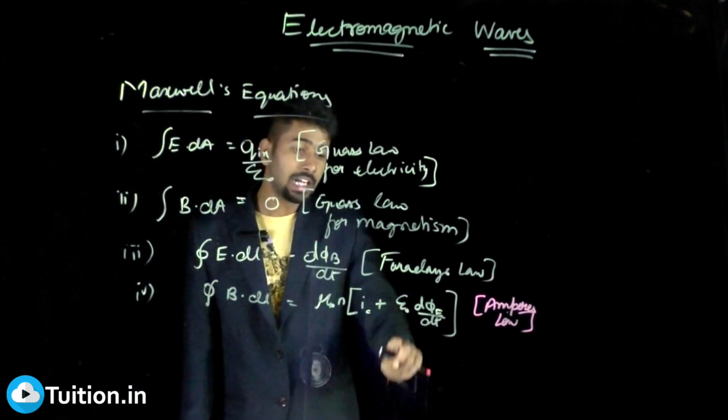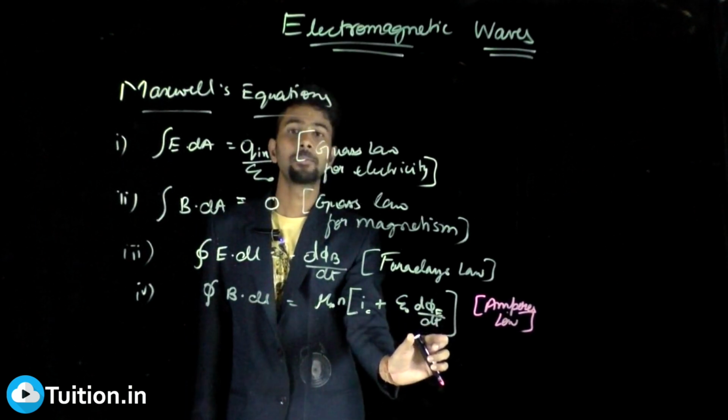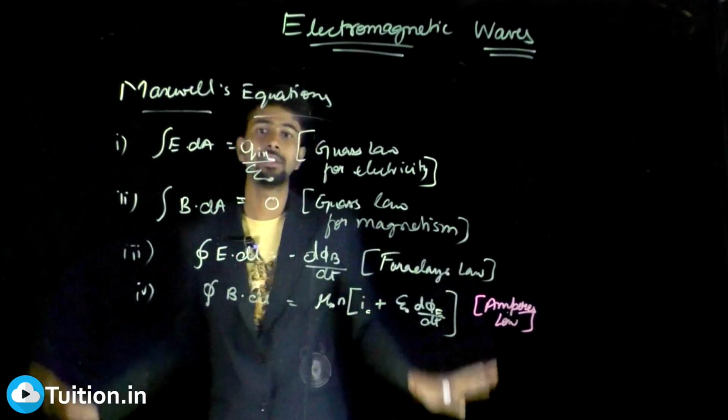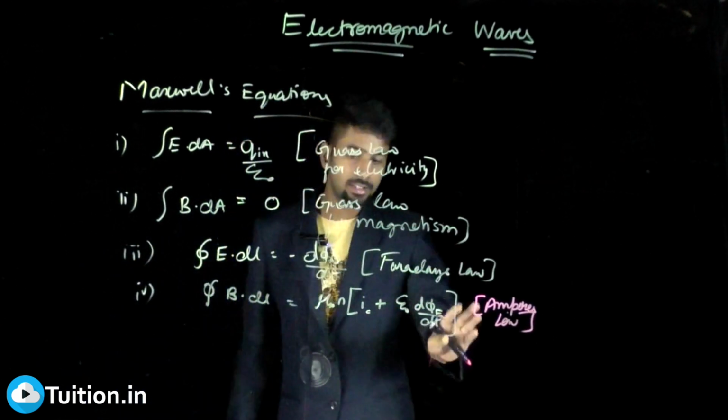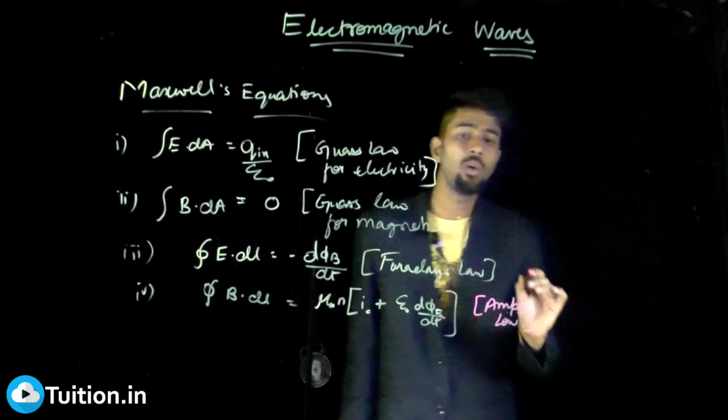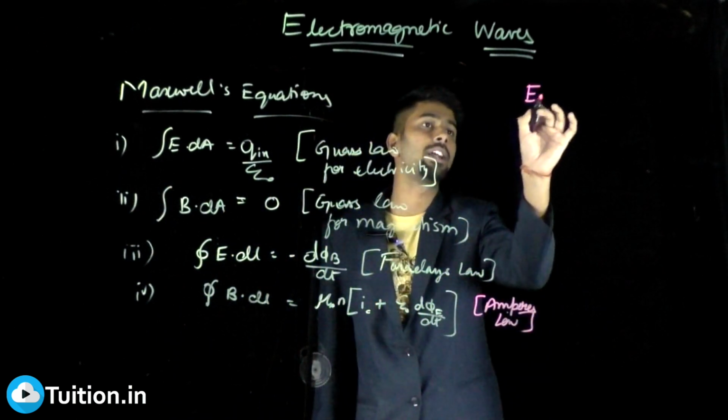But then we tend to forget about this displacement current. So in fact this displacement current exists to make sure that Ampere's law is consistent for every surface. So that's why this is Ampere's law in its full form. So remember these 4 equations. We'll now understand what electromagnetic waves are